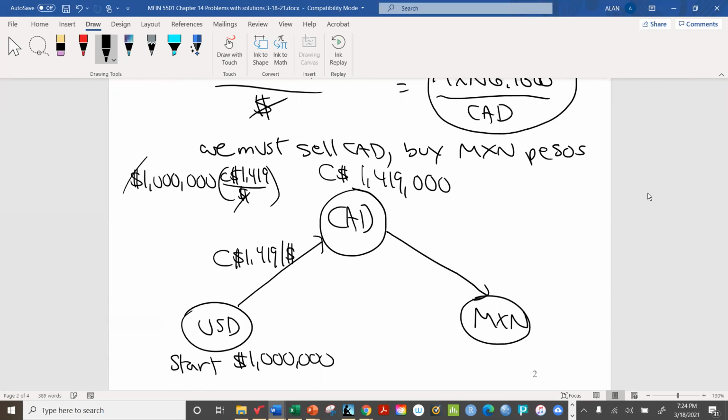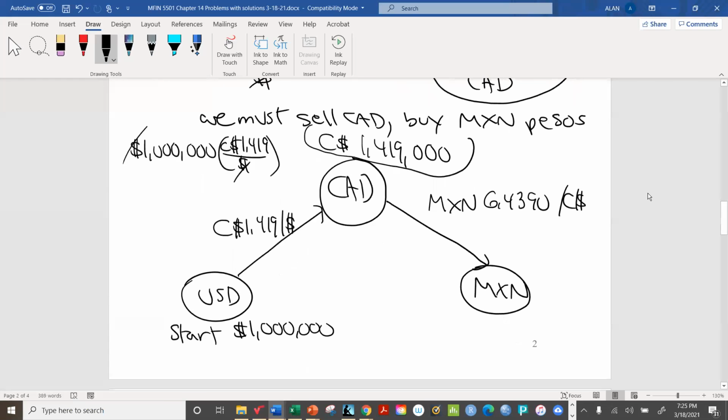Now, we can come down here. This is where the incorrect cross exchange rate is. We've got pesos, 6.439 per Canadian dollar. And so what we have to do is take this number and divide by the number of pesos, or actually multiply, sorry, we're going to multiply, and we end up with